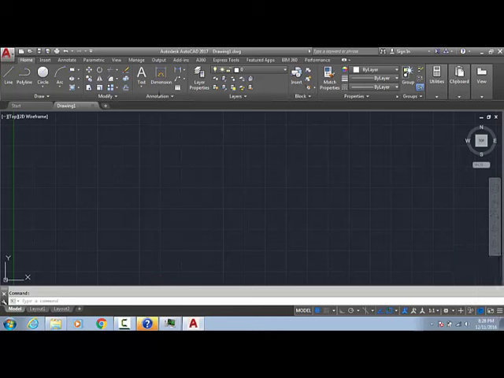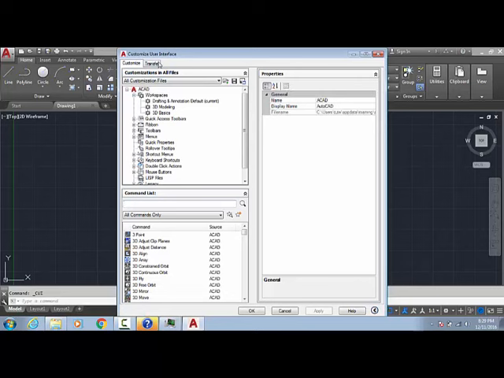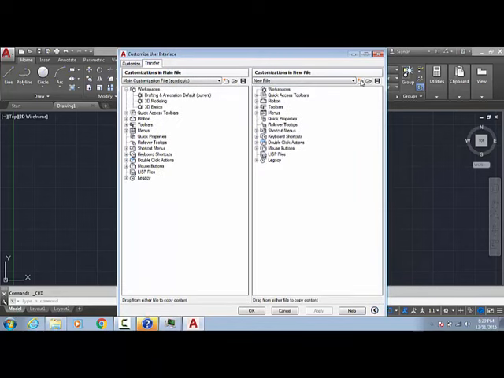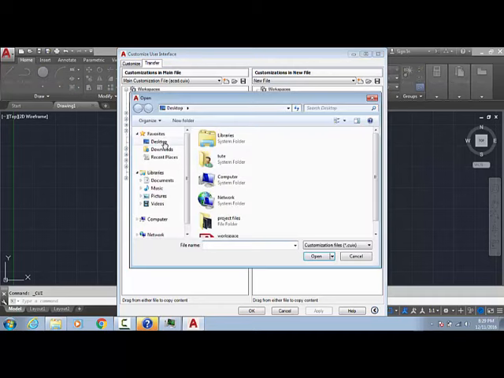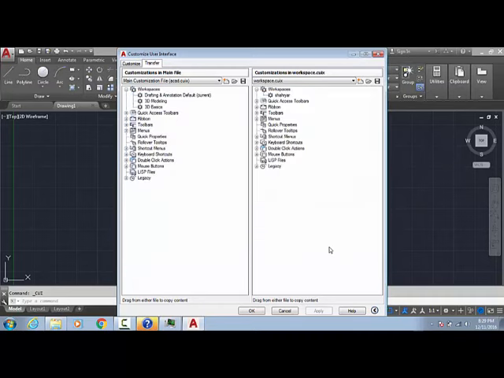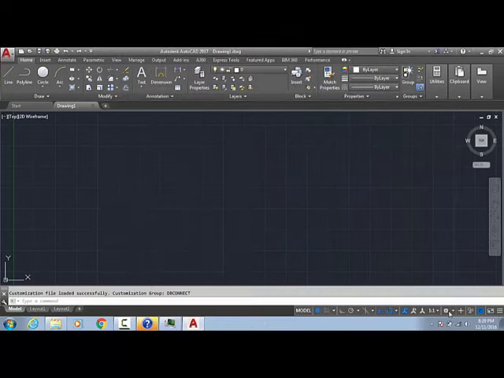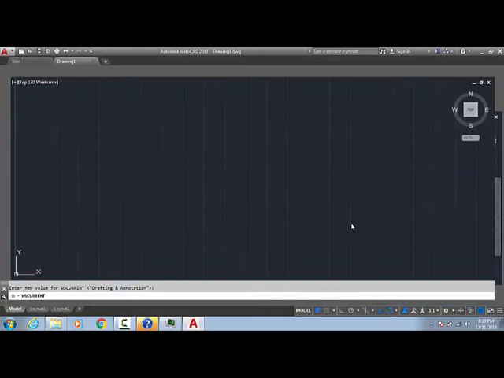So go to customize, it takes some time. Just as we saved it, we can take it back the same way. To save we have to transfer from the left to the right panel, but if you are using the saved file, you have to transfer it from the right to the left. So I am going to open the desktop, this workspace file, just select, drag and drop here. Okay, now we can see the workspace here. Now click here. Now we will get this.